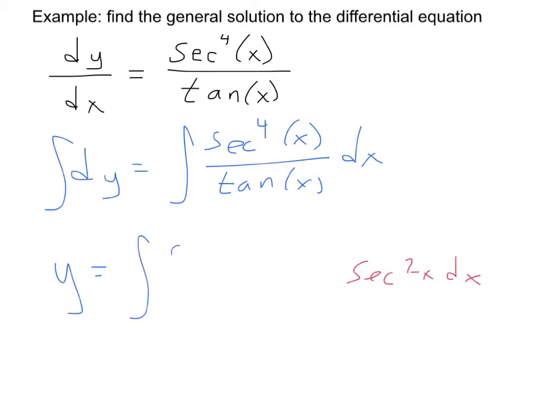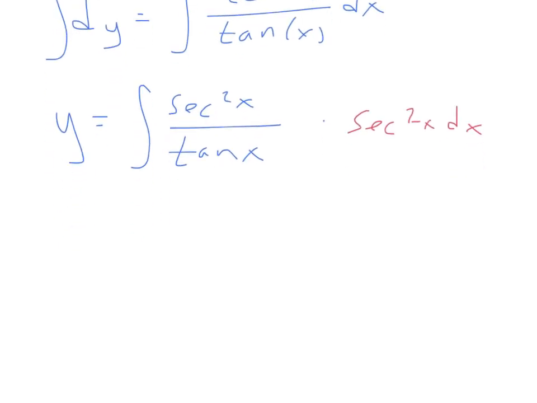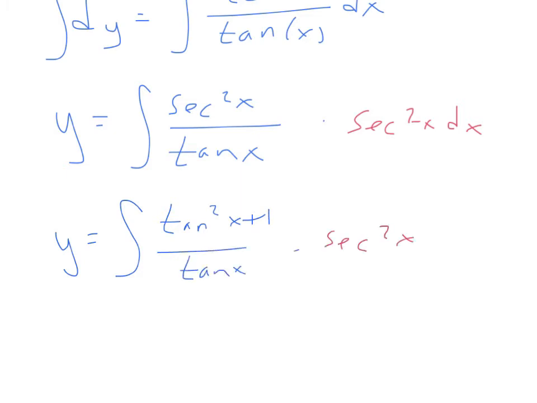When I do that, it means that I have secant squared x remaining, and then we're supposed to convert those secants into tangents. So y equals the integral of tangent squared x plus 1 over tangent x